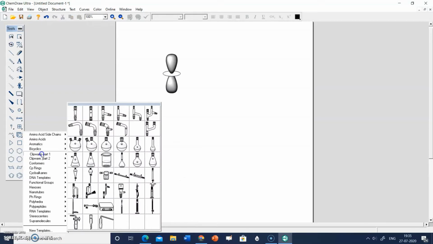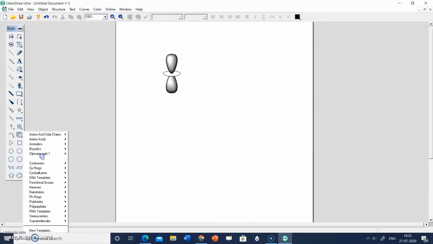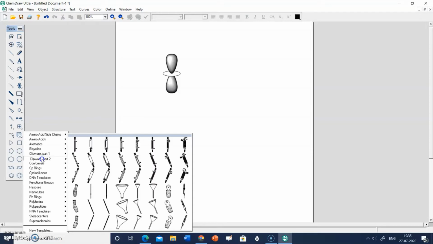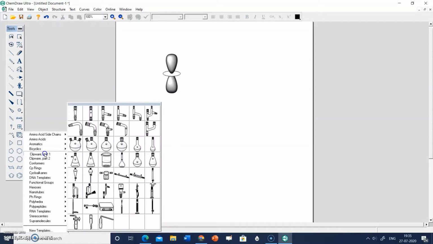So clipware part 1 has so many clipwares like titration flask, beaker, burette. Any type of clipware which you want to add in your slides. So funnels are there, condensers are there. Anything you want to draw, you can select from this instead of choosing from the internet.